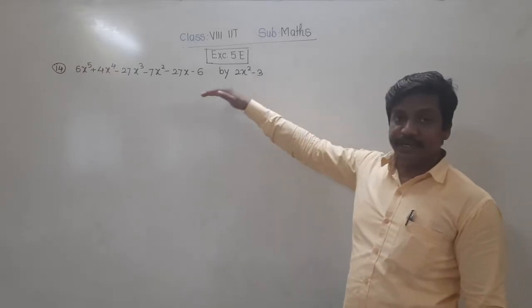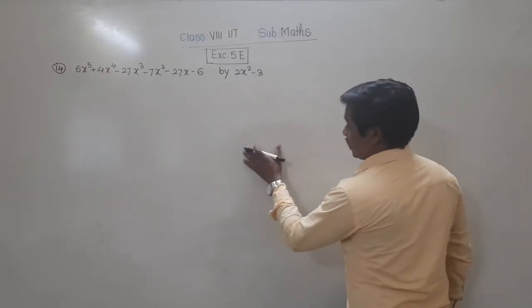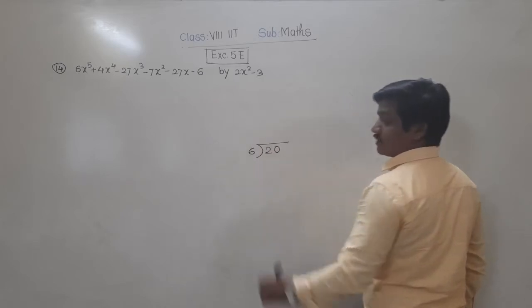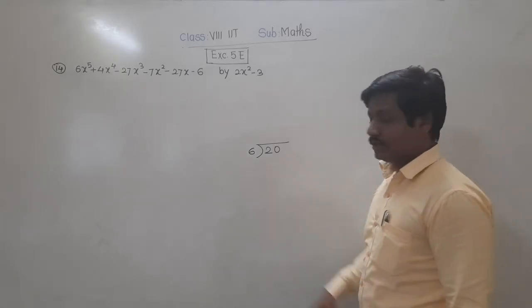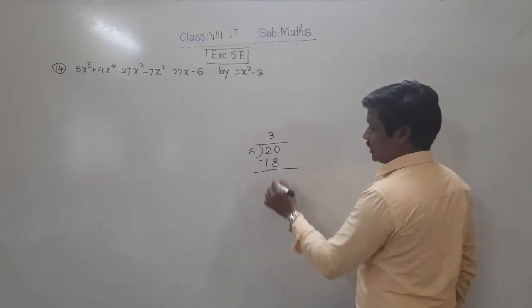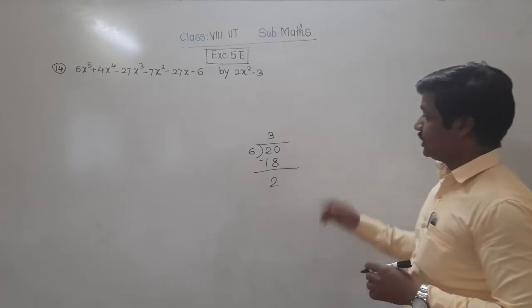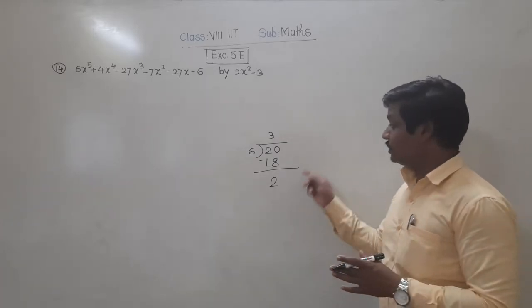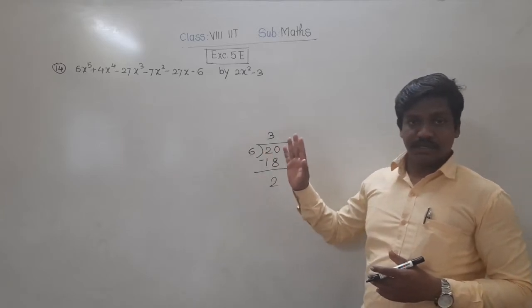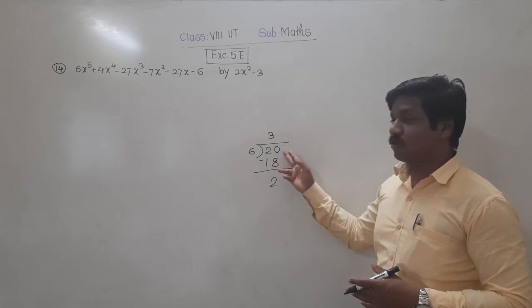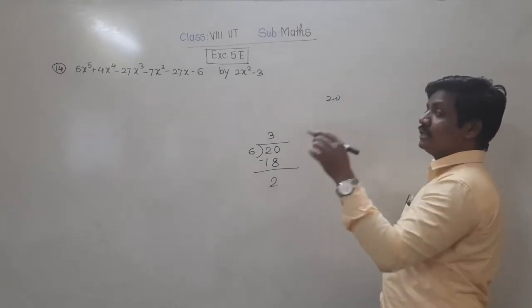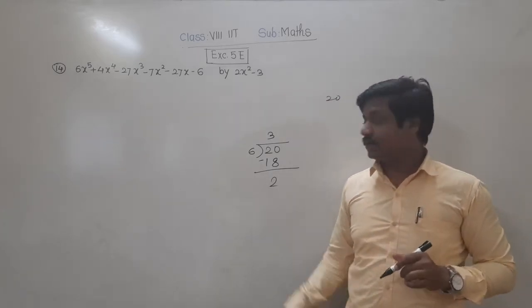Here actually in the division, see, one example I am giving you. Suppose here there is 20 divided by 6. You know 20 is not divisible by 6. Okay. So 6 3s are 18. 20 minus 18 remain 2. Now the question is what should be subtracted from 20 so that the resulting number will be divisible by 6. Understood? What should be subtracted from 20?